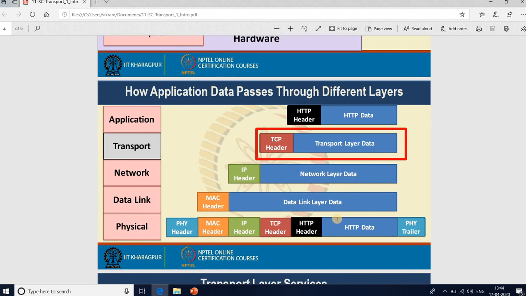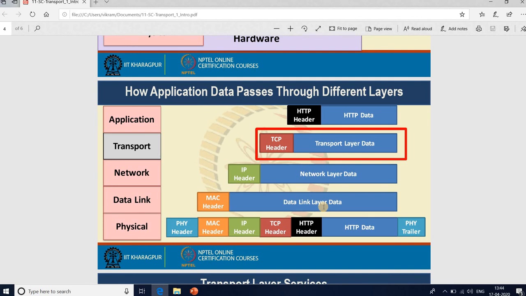These are the different types of headers which have been added at the different layers of the protocol stack. The application layer adds the HTTP header, then the transport layer adds its own header, then the IP header, then the MAC header.